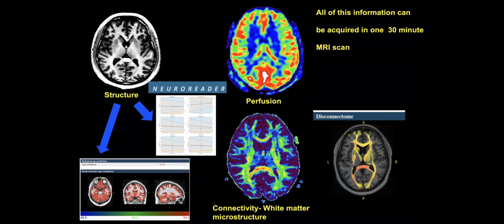This is readily available. And again, having this measurable or quantitative imaging also adds a lot more information that qualitative or visual assessments simply can't provide. And what you'll also notice is that each of these techniques is complementary, providing convergent validity of abnormalities by looking at different domains of the brain, whether it's the physical structure of the brain, the physiology of the brain with perfusion, and the underlying connectivity of the brain, which we know is particularly vulnerable to traumatic brain injury.